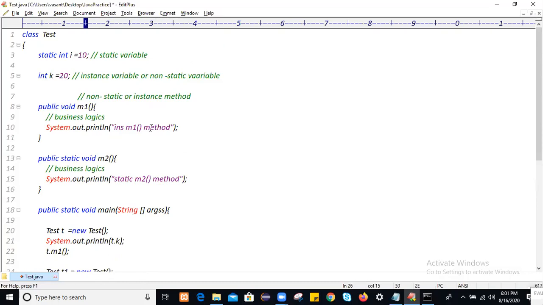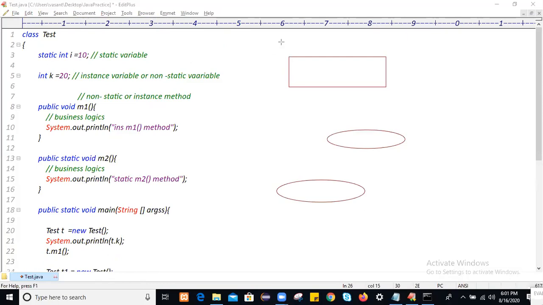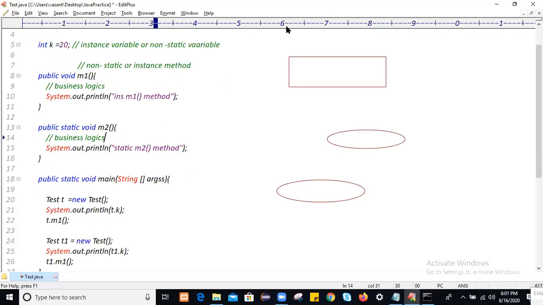Here you see, for the static members of the class, memory will be allocated only once, but for the instance members of the class you are creating two objects. If you create two objects, memory will be allocated two times. The moment you write this statement, the object will be created two times. The first time the object got created, the second time the object got created, and you are giving the objects different names. What are the names?